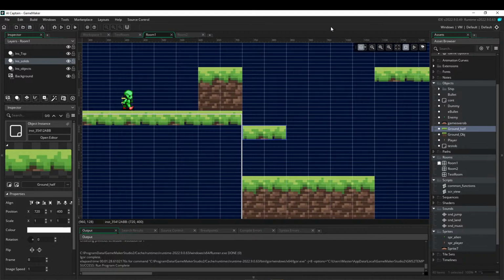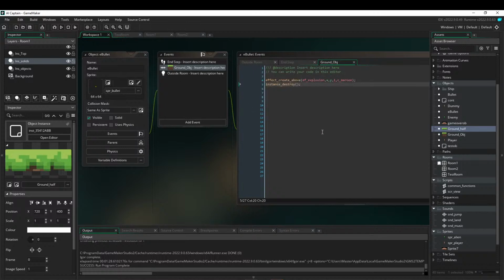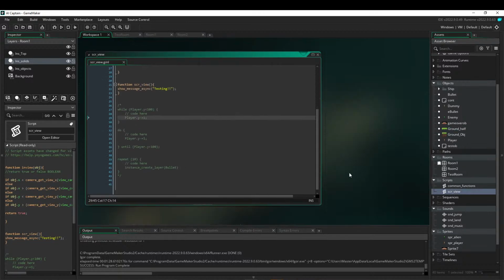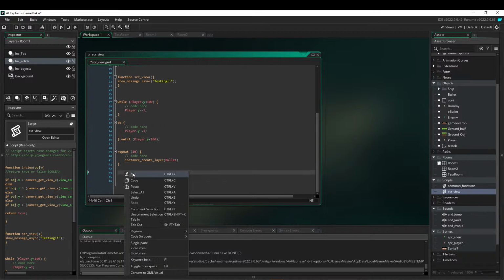So in this live demonstration, the last thing I'm going to do now is finish up the code snippets, and I'm going to add a health bar to show you how much health you've got. So we go back to our script. We've gone through the if, while, for, do, and repeat snippet codes, and we've got a few more, which is